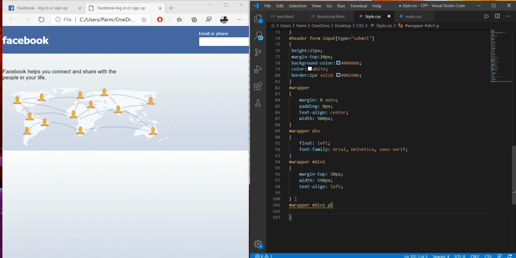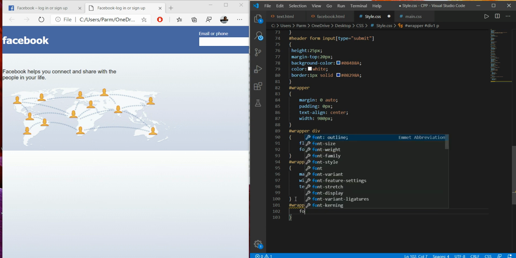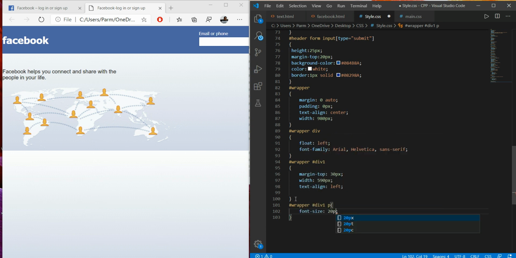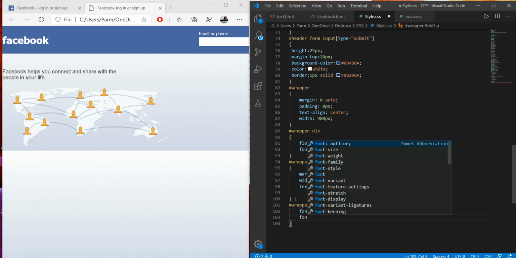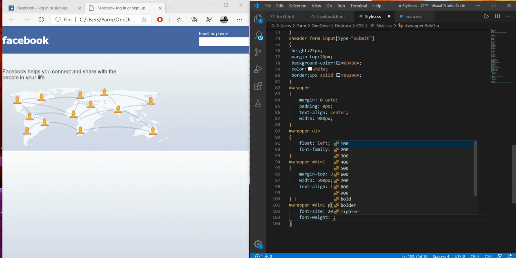So first of all I would set the font size property, that will be around 20 pixel, and I will set font weight, and it's bold, so I'm setting bold.